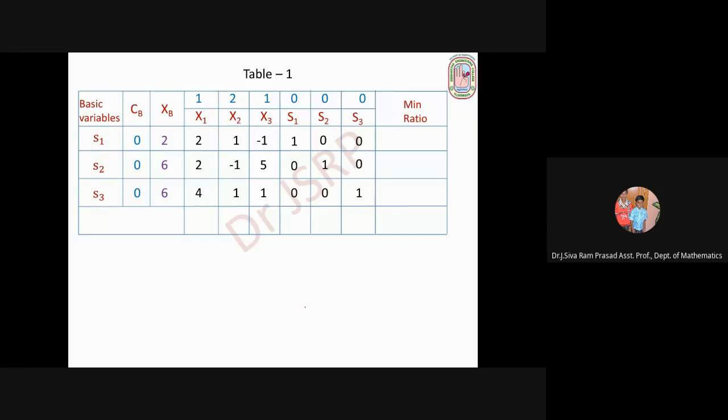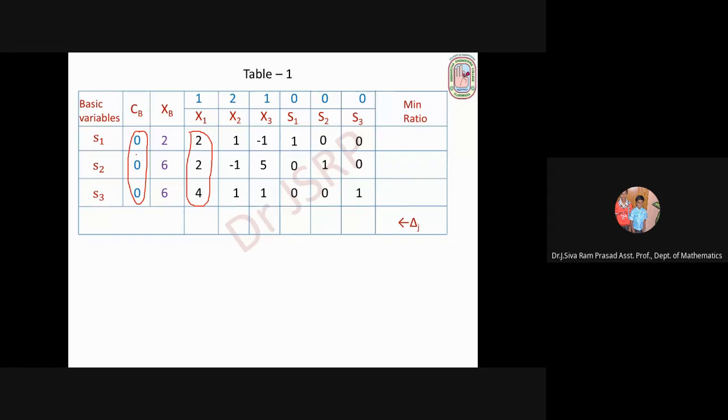Okay, next. So these are the columns. All these are columns corresponding to the variables. Now we have to find the scalar delta J. So we write delta J values here. We calculate delta J values here. Okay, first delta 1, that is the delta J value corresponding to the first variable x1. What is delta 1? So delta 1 is CB into x1, this column. Actually, this is the row.